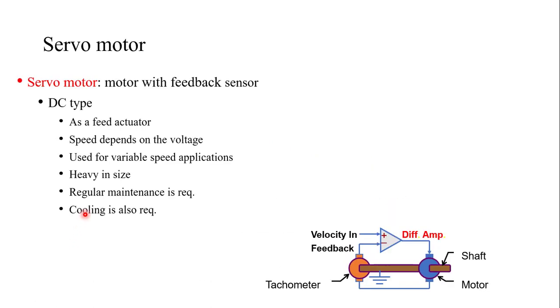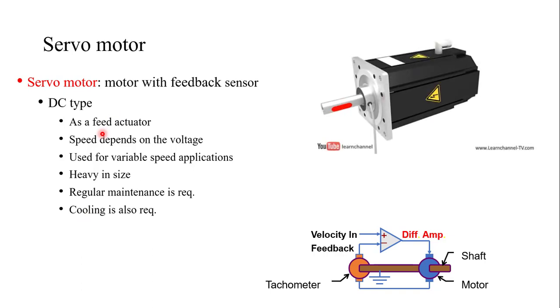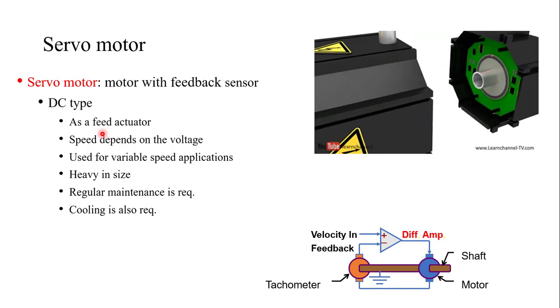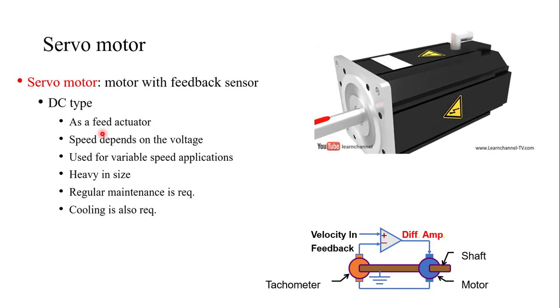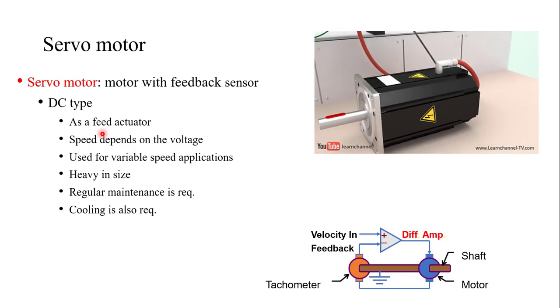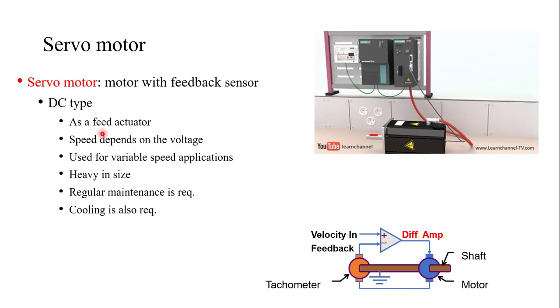So what does it mean? There are two types of servo motors available, DC type and AC type. As you can see in the video, the proper working of the motor has been shown, in which you can see how the motor is connected to the shaft and to the computer, and how it can rotate in both directions, clockwise and anti-clockwise, and what each part is called. You can get into the detail of the servo motor and you will find it. But the working of these servo motors is the same.